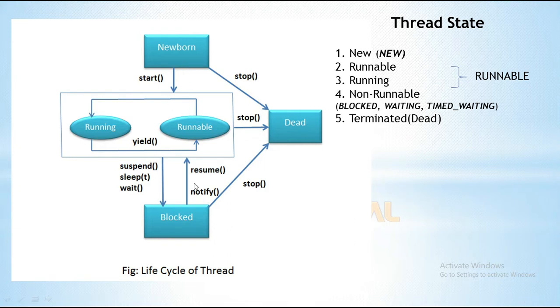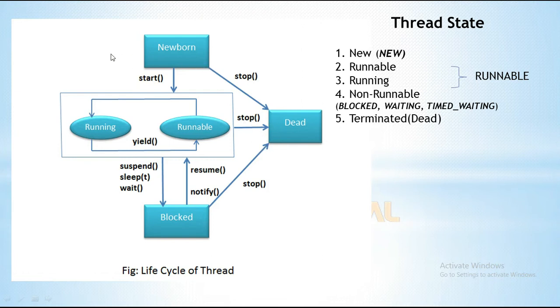Then, newborn: when we are born, there is a possibility that we are born and immediately die. Then there is the runnable and running state. While doing activity, there is no guarantee that we will survive, we can die at that time also. Then there is the non-runnable state for sleeping and waiting, where a human can also die. That's why I am saying the thread lifecycle and human life cycle are similar.